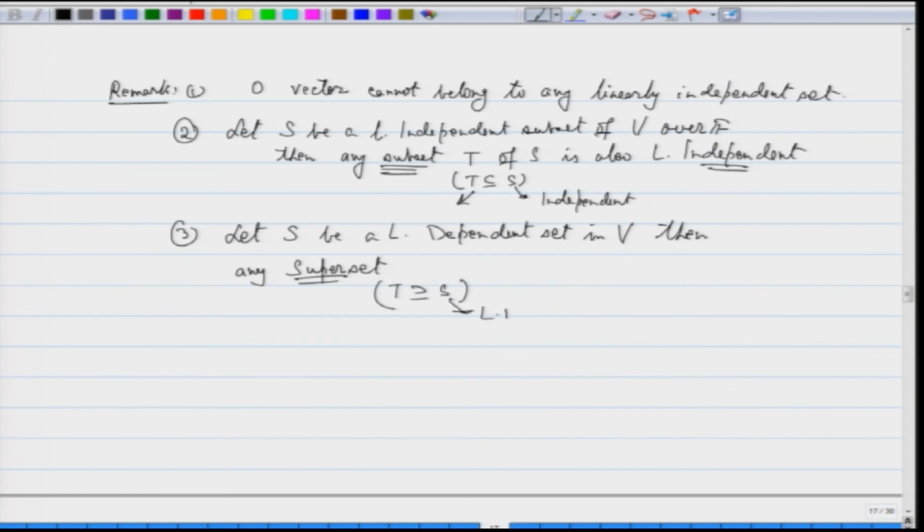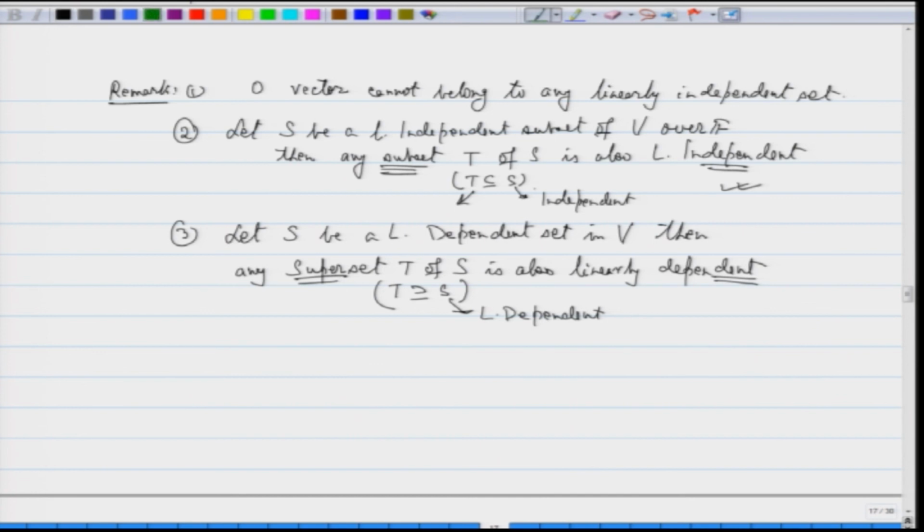This is linearly dependent. T is a superset, any superset T of S is also linearly dependent. Is that okay? So, you can prove it yourself, fine, because the idea here is, if you look at the idea here,